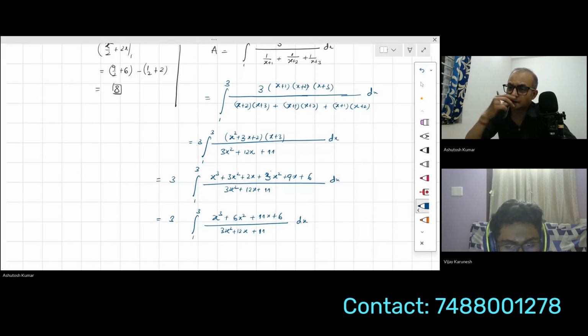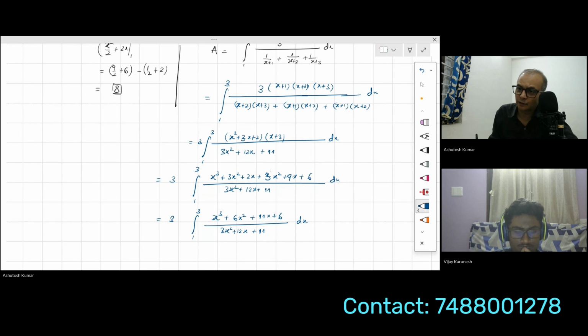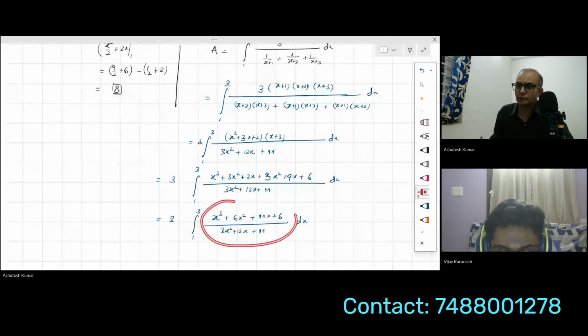This will be the numerator, no? Yes, sir. Just say that this is actually a higher degree than this degree. So what do we do for that? We divide this and try to make it lower. This partial fraction, have you not done this thing? Yes. So in partial fractions, what do we do? This is not a proper fraction. If it's not a proper fraction, what do we do? We have to make it proper first.